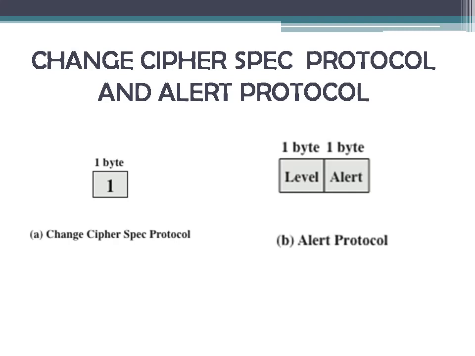Moving on to the next protocols. Here we have two types of protocols, which are the change cipherspec protocol and the alert protocol. Let us first look into the change cipherspec protocol. As you can see in figure A, the change cipherspec protocol consists of a single message which is 1 byte and has a value of 1. Moving on to the alert protocol.